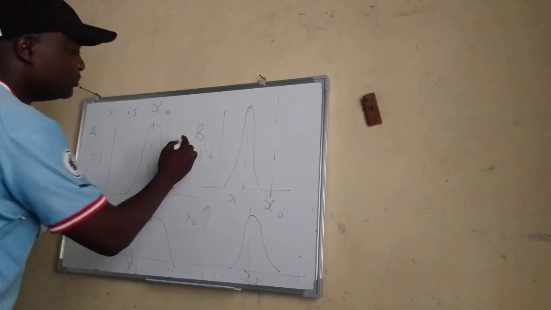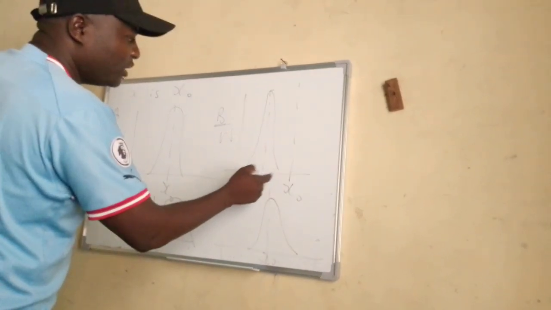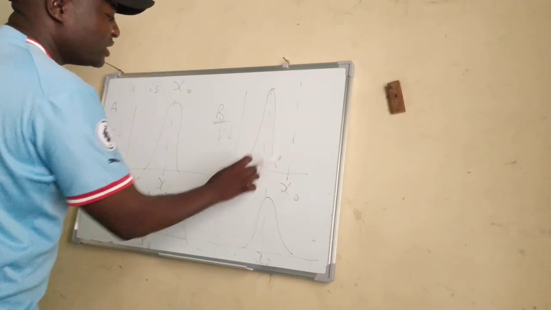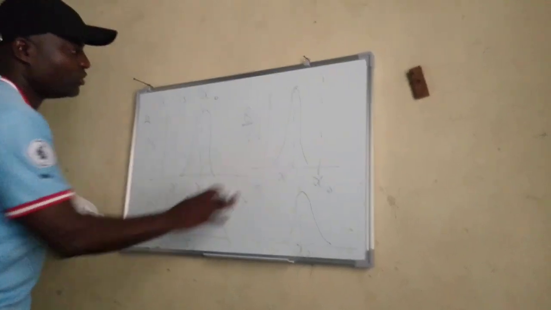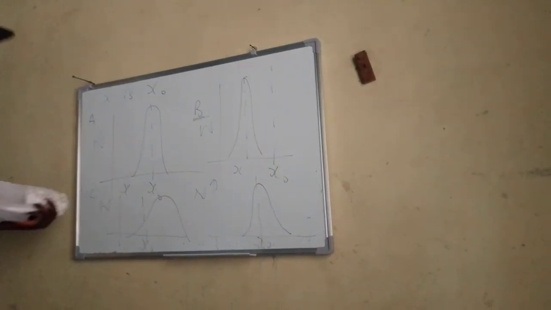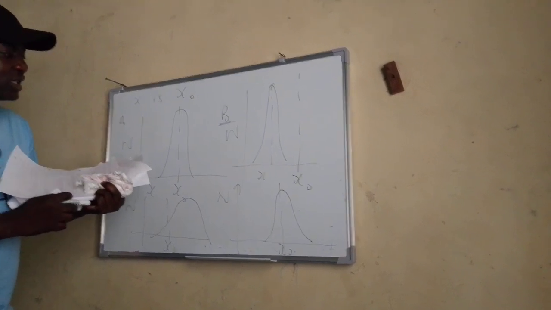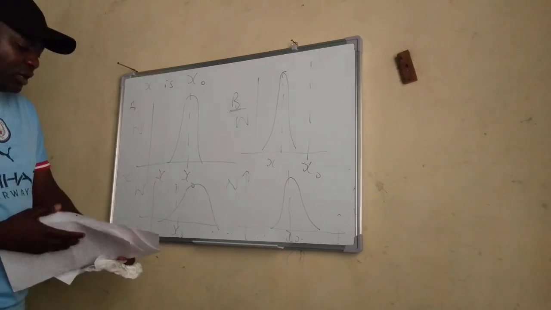The best answer there is B. You see, the mean value is far from the true value, so it's not accurate. But the values themselves are closer to each other. So this shows results that are precise but not accurate. Kindly mark for yourself to see how many correct answers you got out of 10. In our next lesson, we're going to look at the treatment of